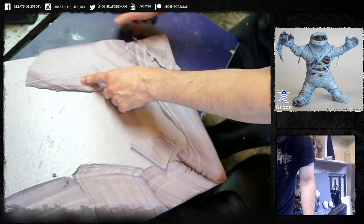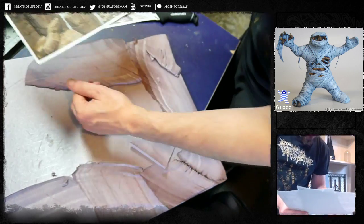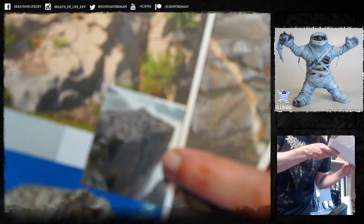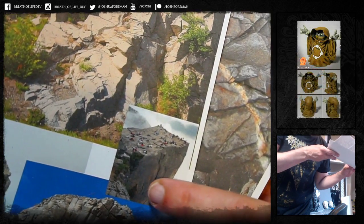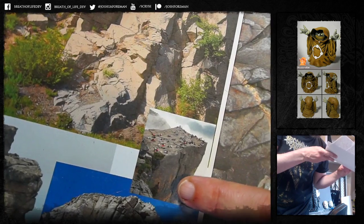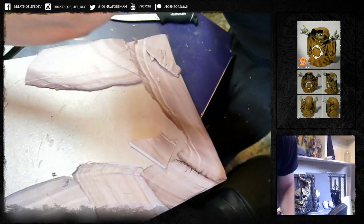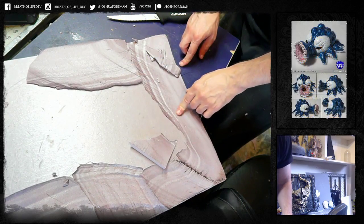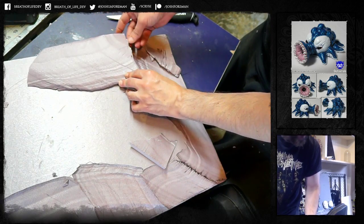That's kind of interesting, actually. That makes me think of this particular reference. Like where it's fairly smooth, there's a little bit of ripples and wrinkles in there. But for the most part, it's just kind of flattish, but not machined flat. This is really interesting. It's not that scalloped look that I tend to get with it, and I wonder,